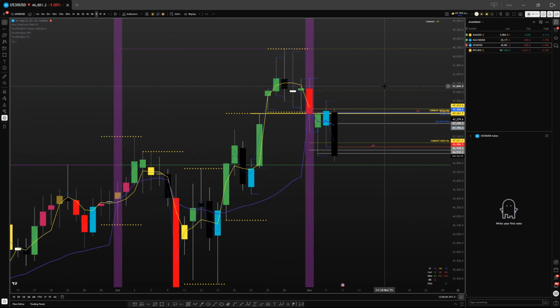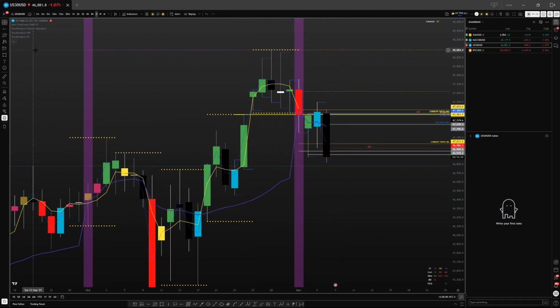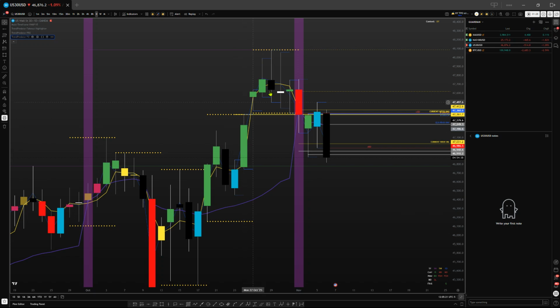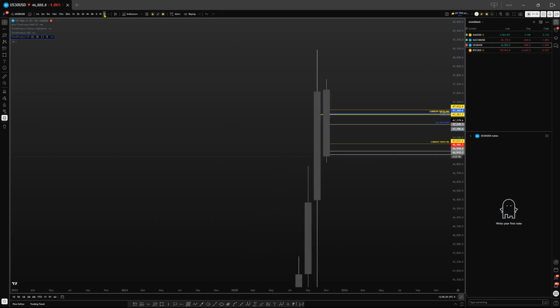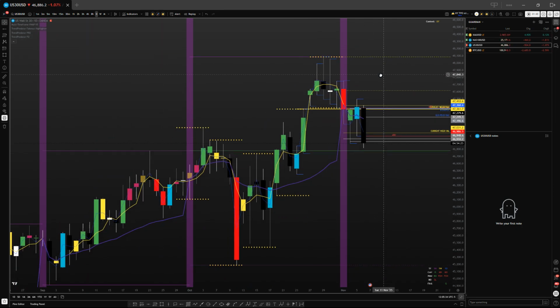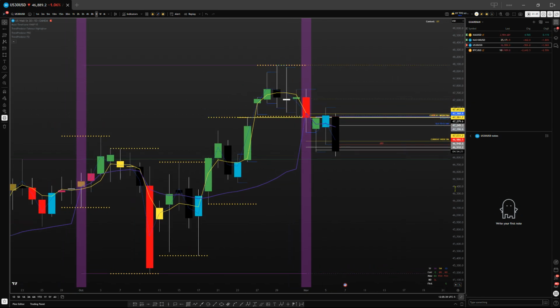So just briefly, with the daily chart here, I'm using the Trend Predator fake out highlighter, which gives us the switch bars and fake out highs and lows and breakdowns and break up bars. So this enables me to track the flow of the market on the daily chart as well as the weekly and monthly. And just looking at the daily chart for now, I'm doing all my markings up before the open,